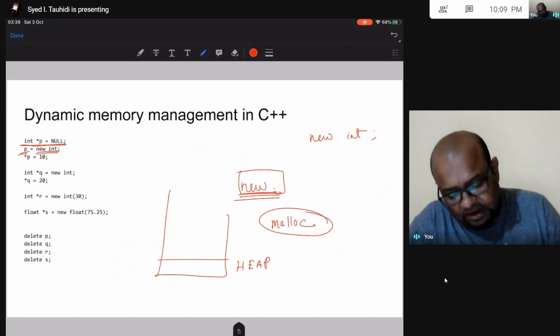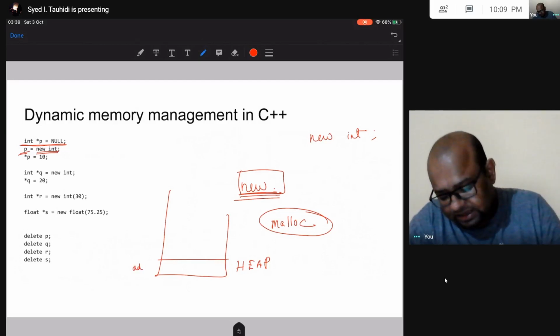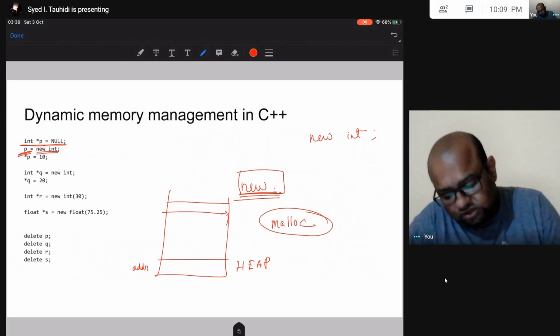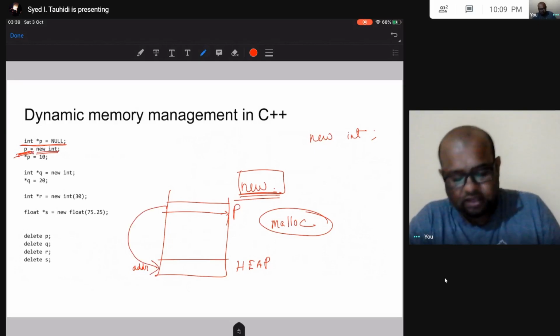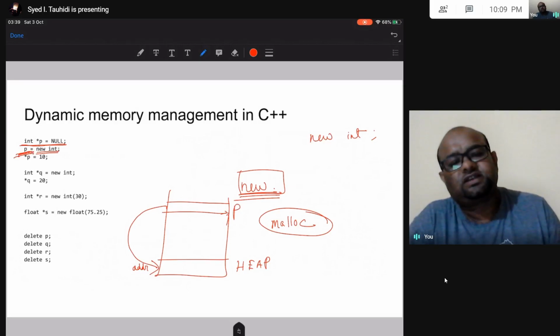Say the address of this place is in this line. If this is inside some function, this pointer will be in the stack. So p is now going to point to this address in the heap.